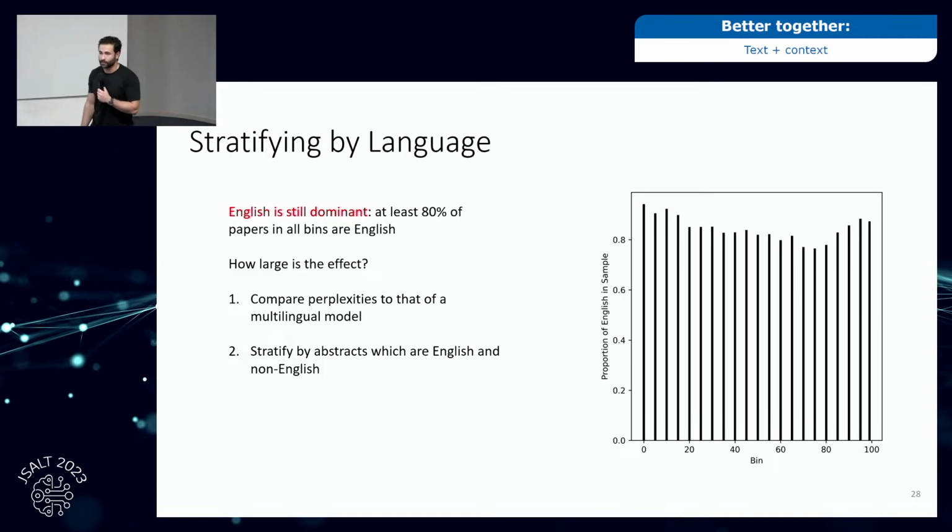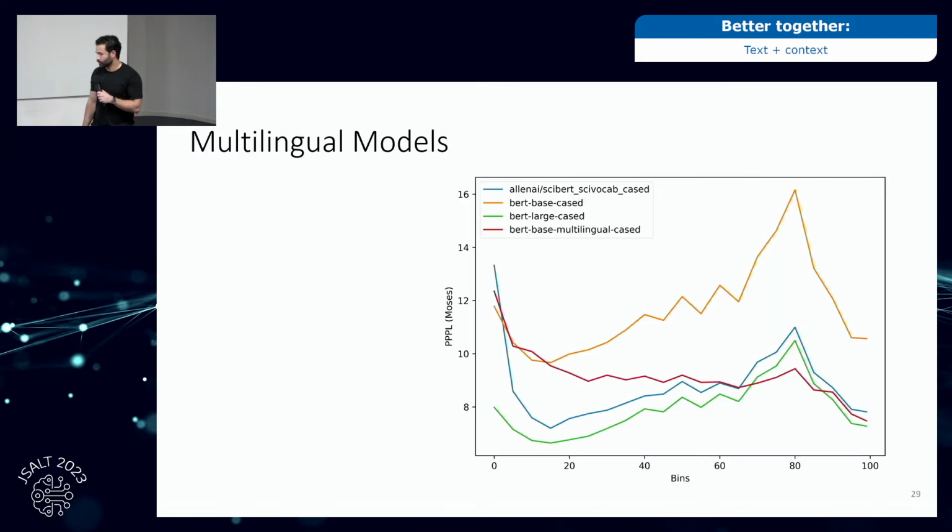First, we'll compare the perplexities of our monolingual model to a multilingual model. And we can also stratify the abstracts by looking at which are English and which are not English. So first, let's use the multilingual model. We'll use BERT-based multilingual, or multilingual BERT,